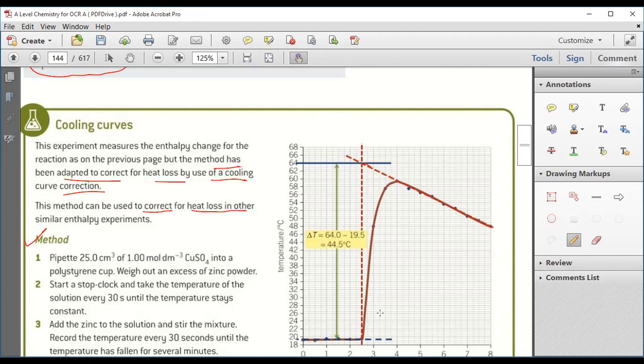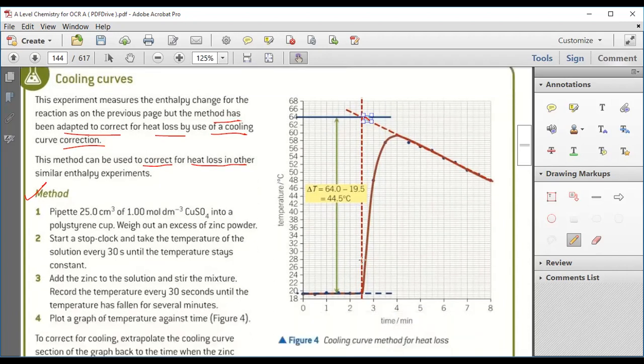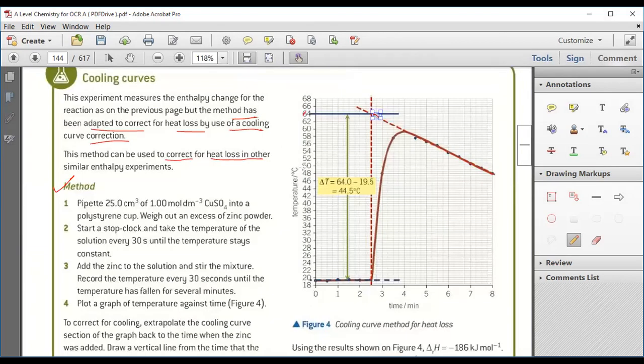I will tell you, don't worry. They have done this extrapolation in order to get a temperature point on the temperature scale. They extrapolate from this point and this point so that the lines meet there, and this temperature they are calculating. That is why they have done extrapolation.